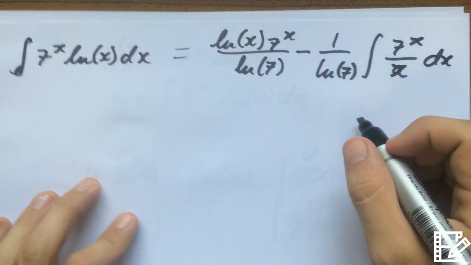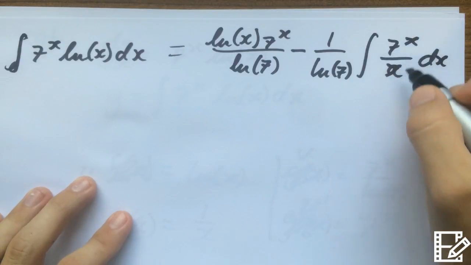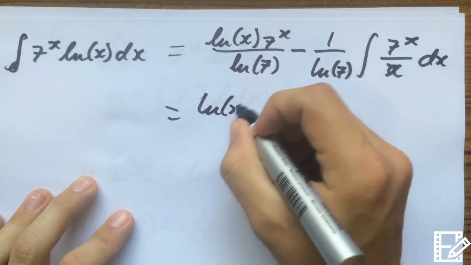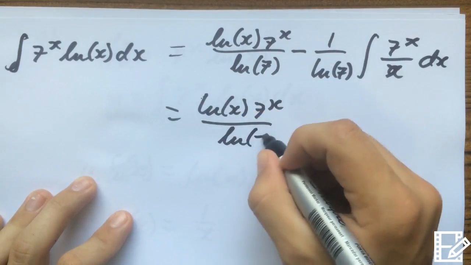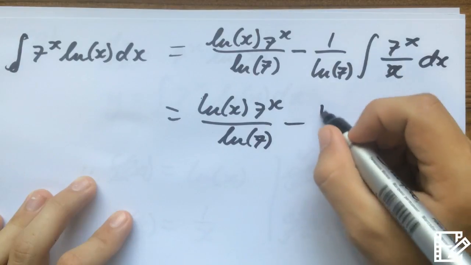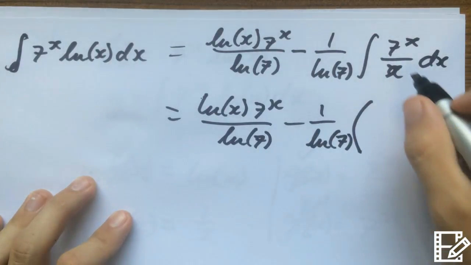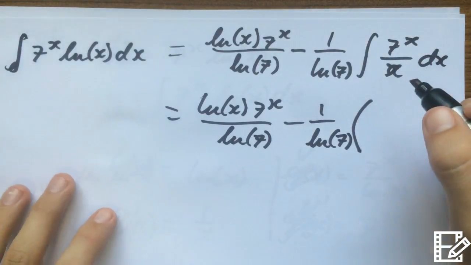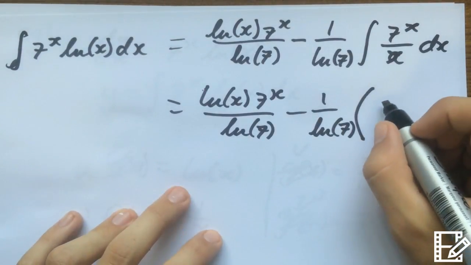Okay, well, I don't know if you know this, but 7 to the power of x on x, I'll just write this up because this is still part of the equation. Find the integral of this. Okay, so the integral of 7 to the power of x on x